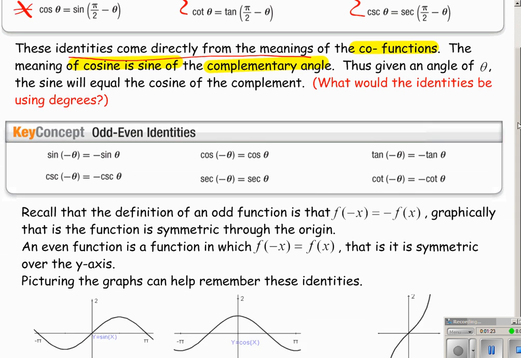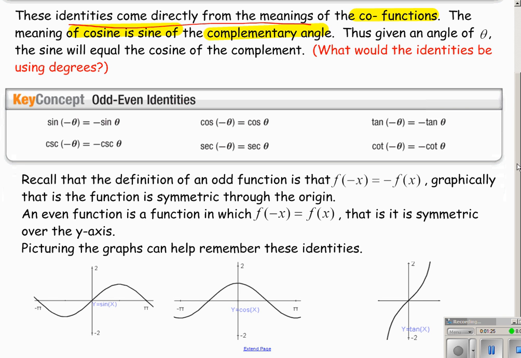The next type of identity is the odd and even identities. Now these, it's very helpful to picture the graphs of sine, cosine, and tangent to know just how these work. So the first one, the sine of the opposite of theta, is equal to the opposite of sine of theta. So if we look at the graph of sine here,